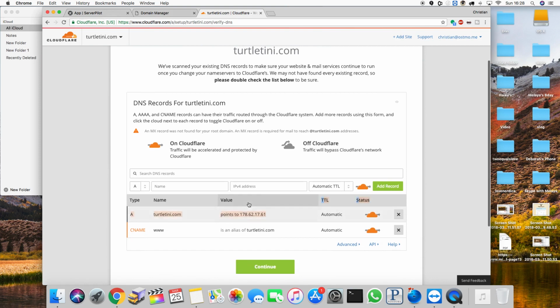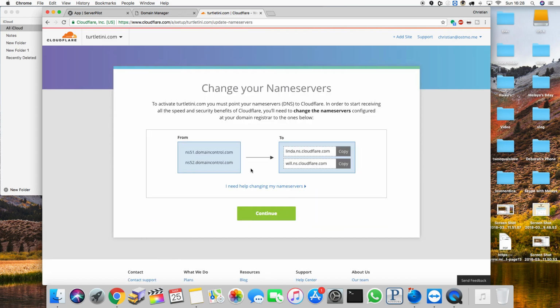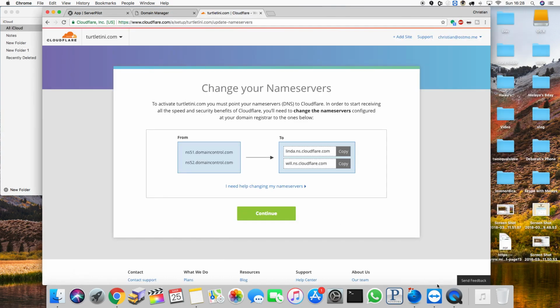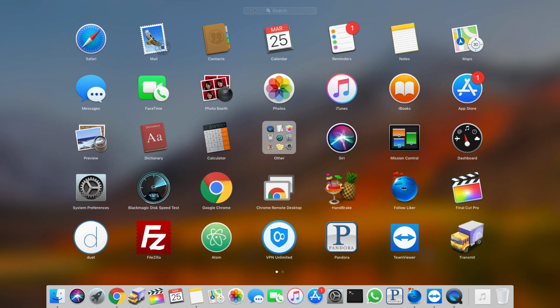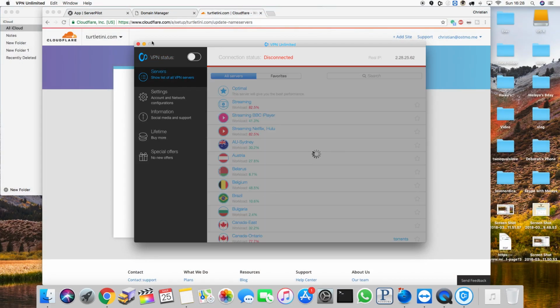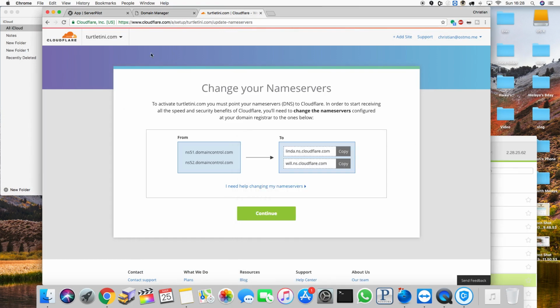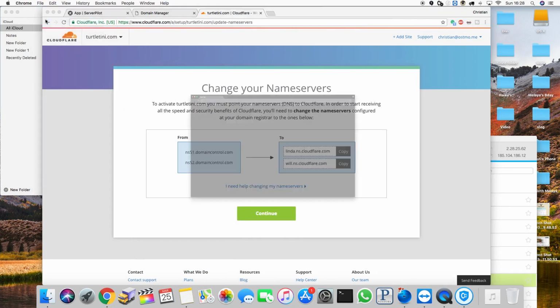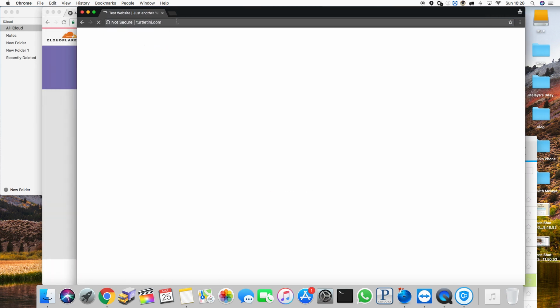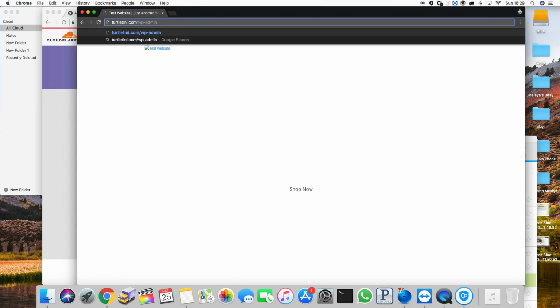Yeah, that is to make sure that this is the right IP address, especially if you just changed the A record back here, but then you can continue. And then I'm going to wait until I can see turtletini.com. Sometimes it's okay to, in case something's being cached, connect to your VPN just to get a no cache. Okay, and so now it's connected, but you've got a problem here because all the images are at the old